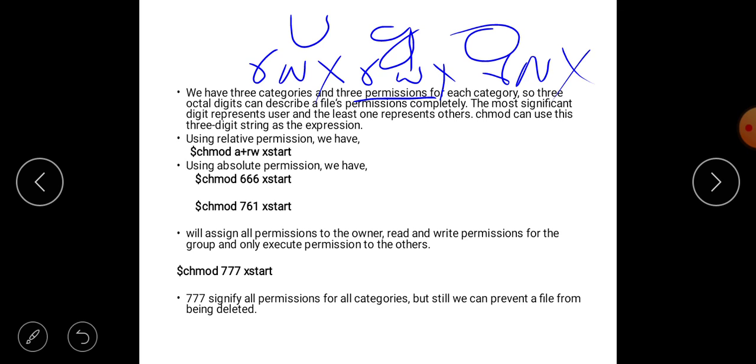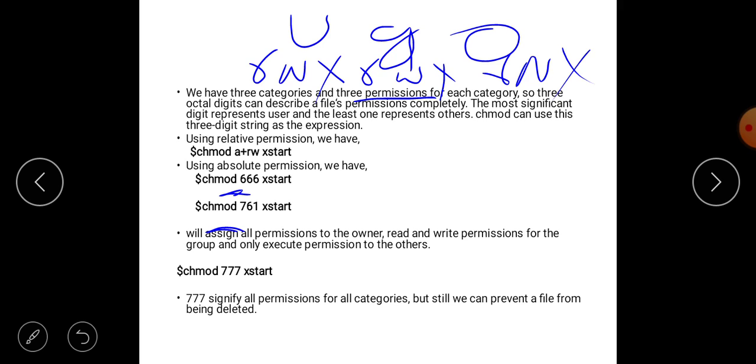So 3 octal digits can describe the file permission completely. The most significant digit represents the user, for example 7 represents the user.